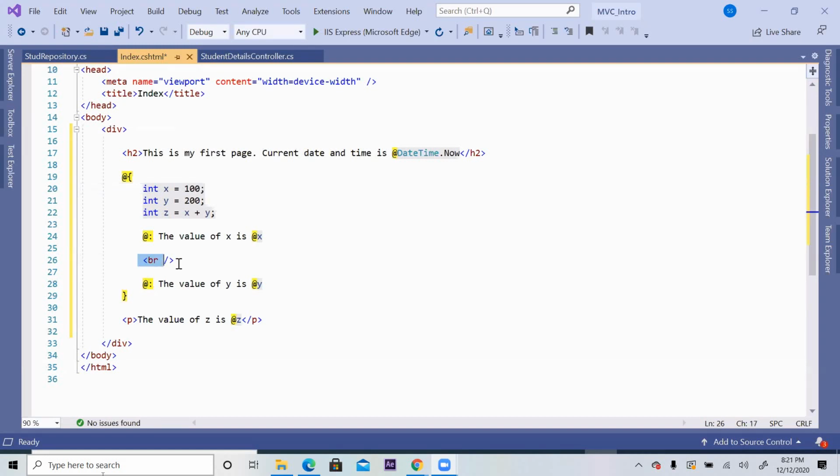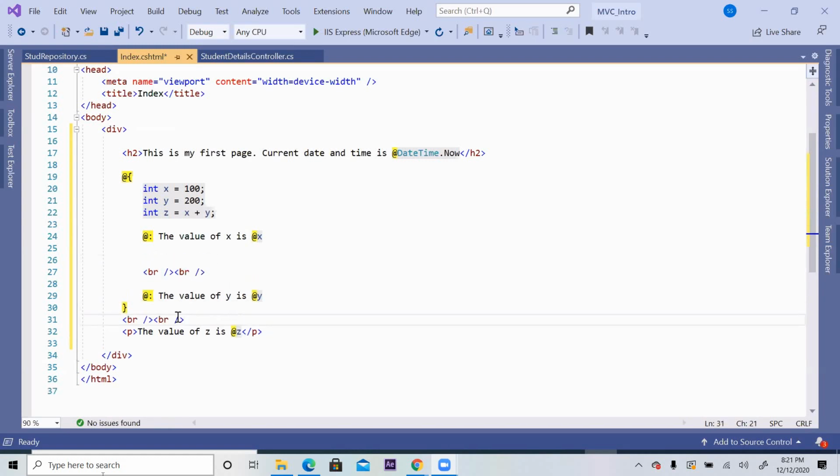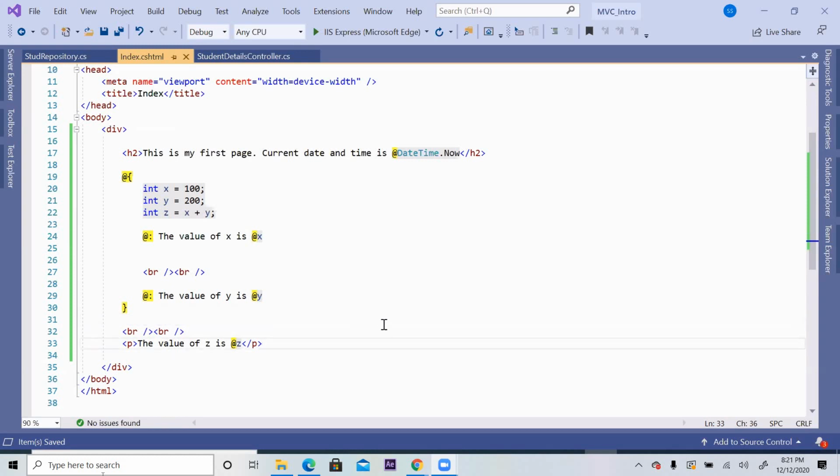So no need to write any specifier, directly you can say, please break a line or 2-line break I want, and so on. Here I want 2-line break, here I want 2-line break, no problem. So any tag, angle bracket, something. But it should be a valid tag, anything you can write. So HTML tag you can mention inside the result block, outside the result block without any prefix. So let's run this much, then we'll go further.